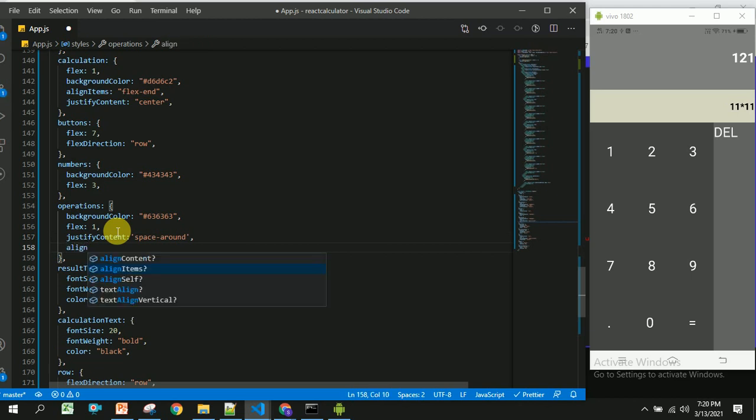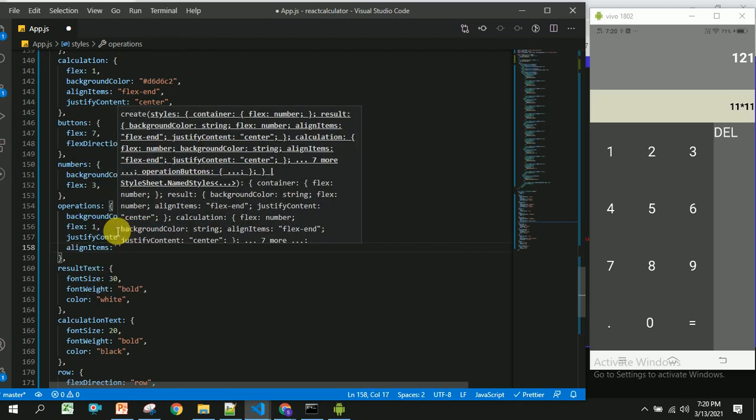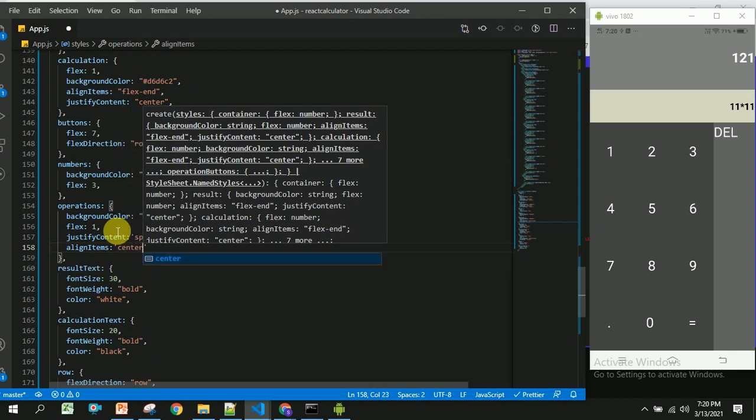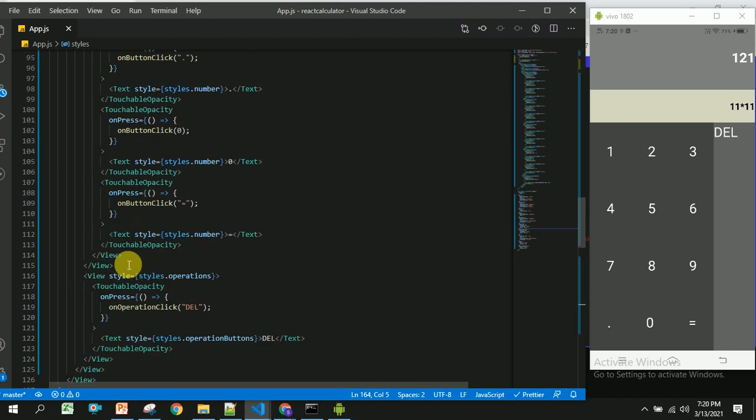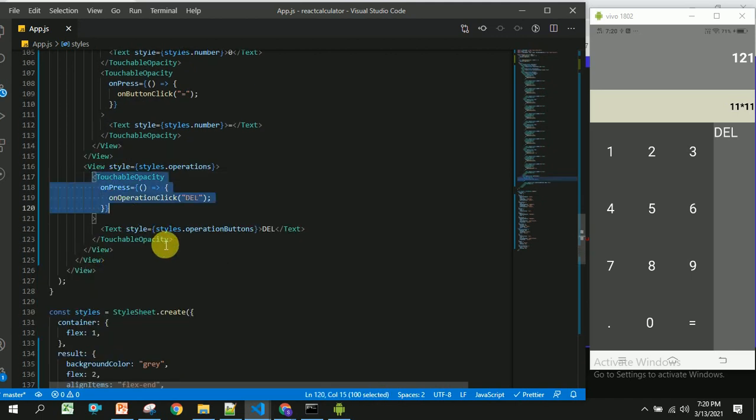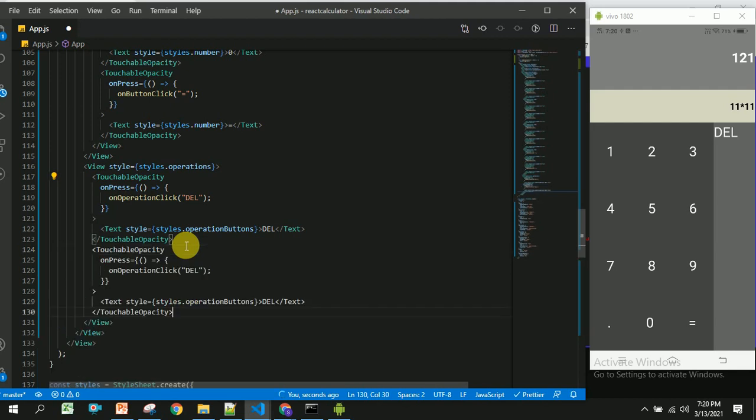Let us save this, and I am going to create some more buttons. For this I am going to copy this and paste it 5 times. So you can write the for loop and all.